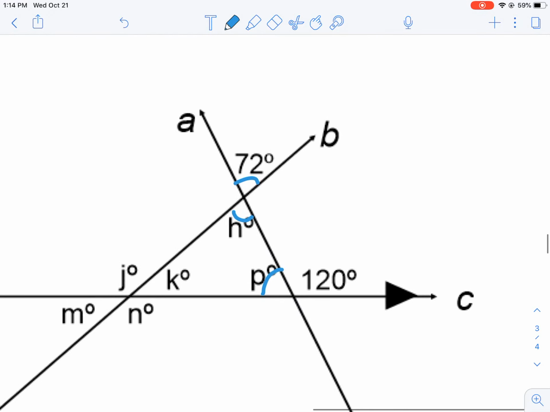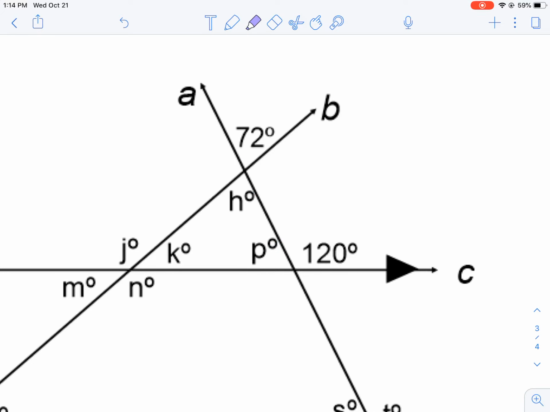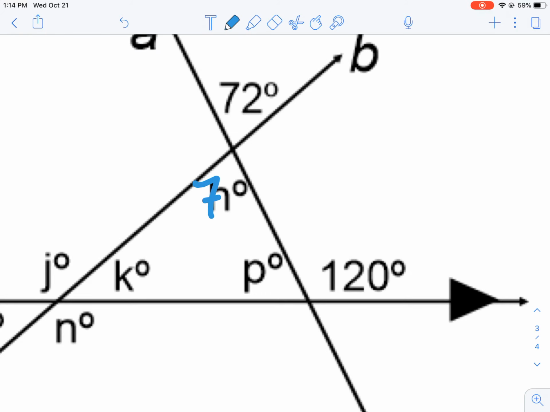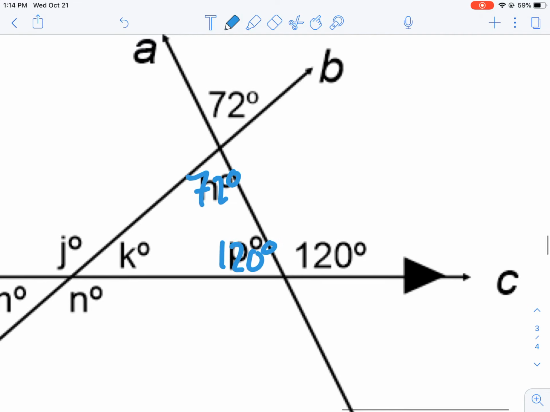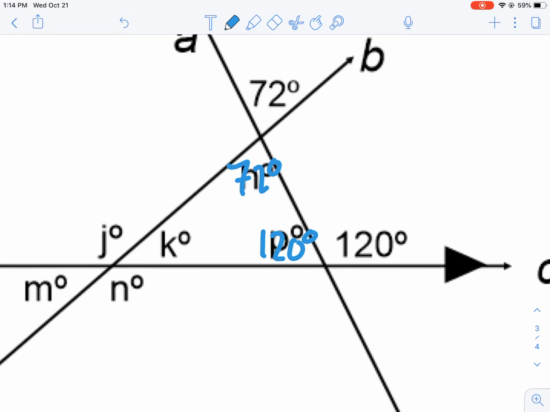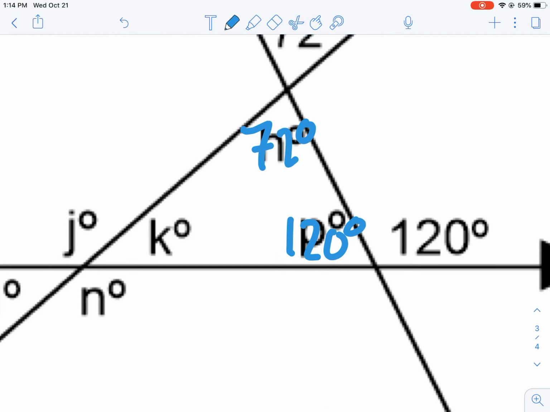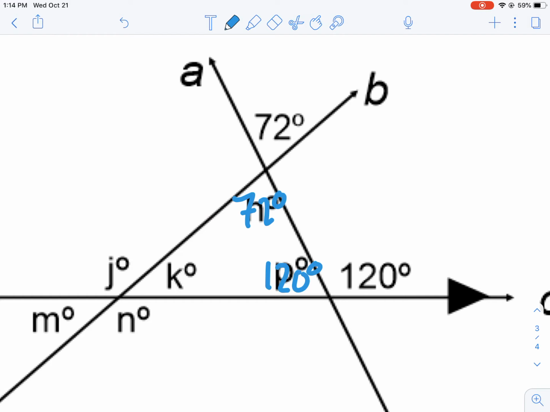Now this is one that we didn't talk about as much. All right, but we have talked about it, but I made sure to put it in these notes. And that's actually the triangle angle sum theorem. The angles of a triangle add up to 180, okay? So I know that K, H, and P have to add up to 180. And if I already have H,